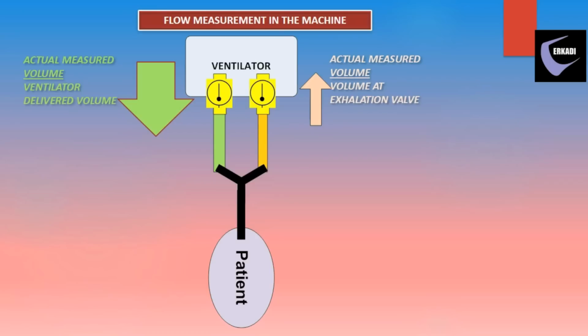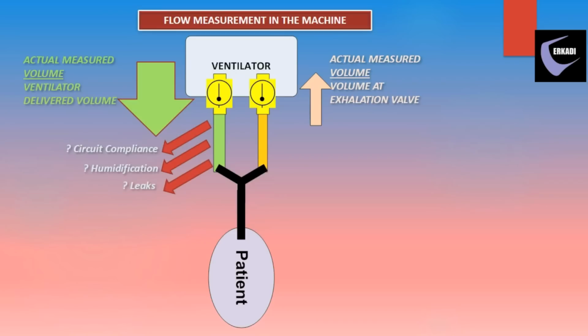Well, there are a few unmeasured factors that will cause this. For example, some part of the volume of gas that leaves the machine will be lost due to the compliance of the circuit. Pressurizing the circuit and the distensibility of the tubings, etc., will cause some part of the gas to be absorbed by the circuit. Humidification with the attendant heating or condensation will be a factor that causes expansion and contraction of volume. Leaks in the circuit up to the Y-piece tube will affect the volume that actually reaches the patient.